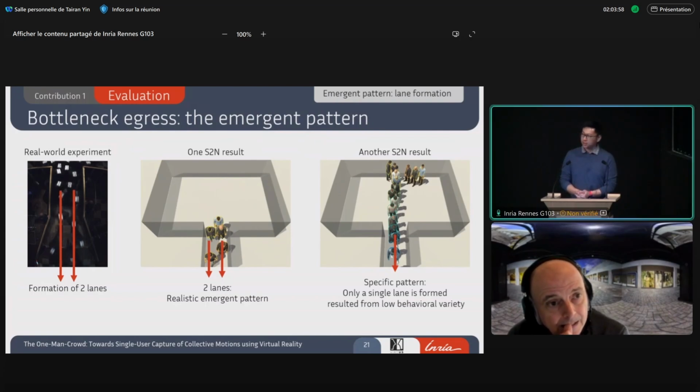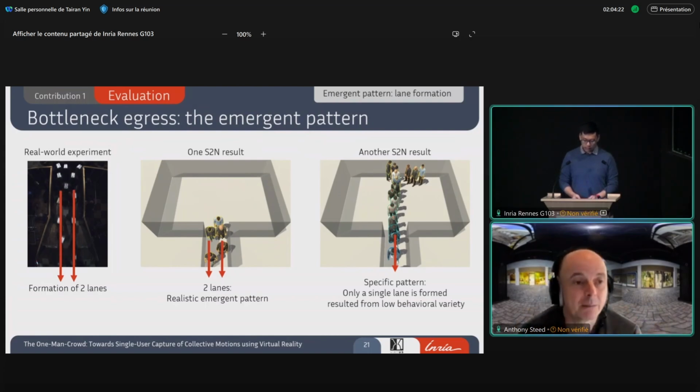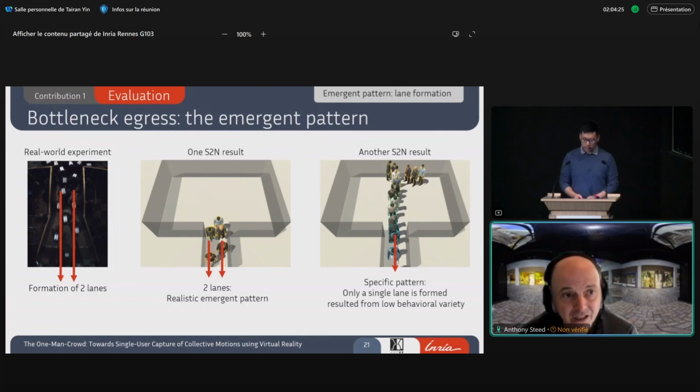I feel that in this question there are two parts. The first is, how do I measure the similarity between the data, and the second is, would the captured data still be the same if we redo the experiment? Is that correct? Yes. So I would expect a similarity measure to be more similar, for example, if you ran n to n twice with two different people than if it was between real to n to n.